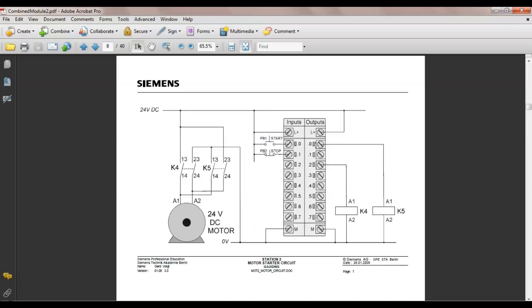Okay, so here it is. So this is the actual wiring of this. So here's the DC motor. And